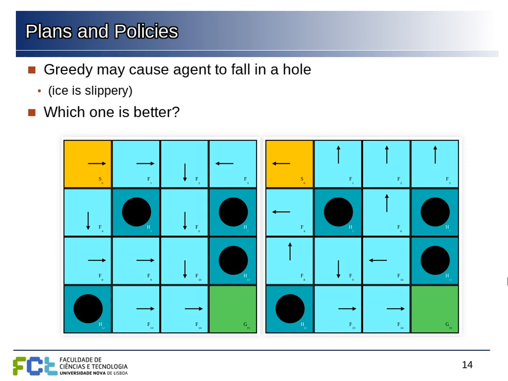One problem with this one is that there are lots of places where it's risky to try to do this move. For example, here, there is a 1/3 chance of falling into this hole. Here, trying to go south, there are 2/3 chances of falling into a hole and only 1/3 of actually going south. So since the ice is slippery, this may be a very risky policy, and it may be safer to try to do things like this.